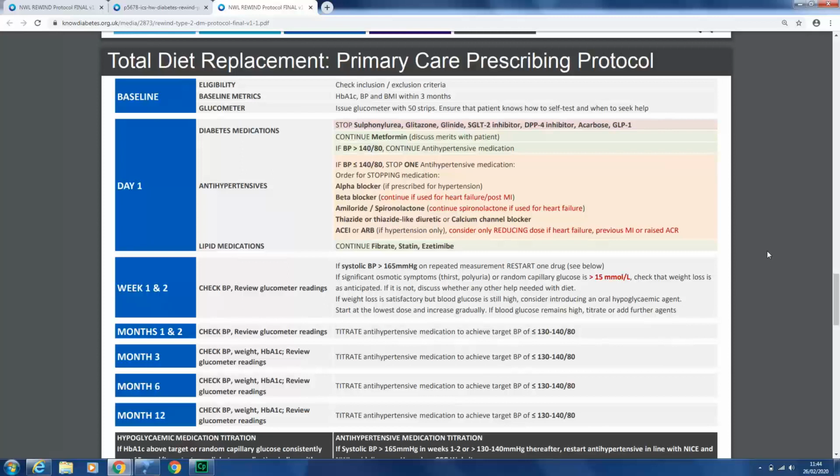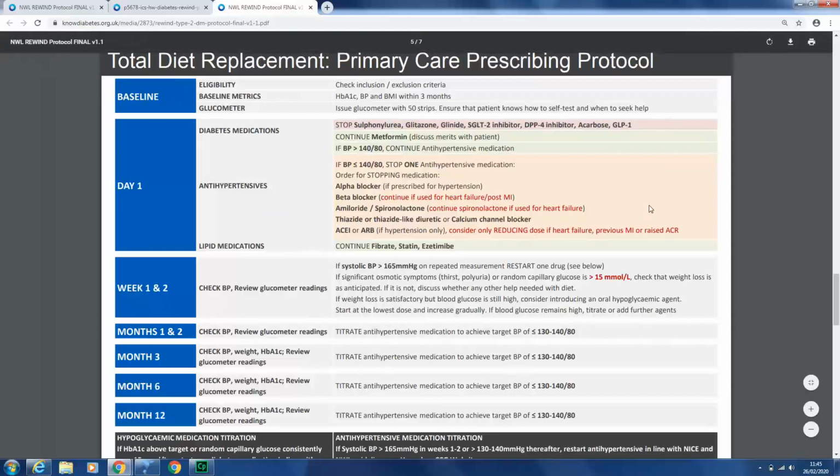The recommendation is that patients on total diet replacement stop all of their diabetes medication other than metformin on day 1 of the program. We know that there's a rapid weight reduction on total diet replacement and a rapid reduction in glucose levels. Very important that patients stop all hypoglycemic medication other than metformin on day 1. If blood pressure is above 140/80 at the baseline, they can continue all their current antihypertensive medication, but if their blood pressure is currently well controlled, then